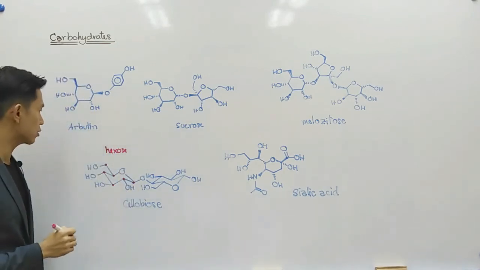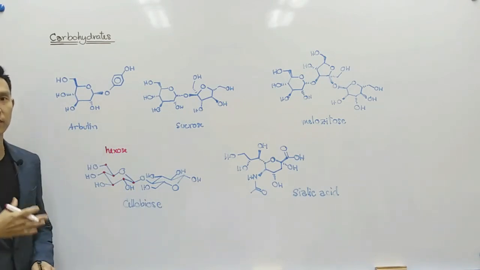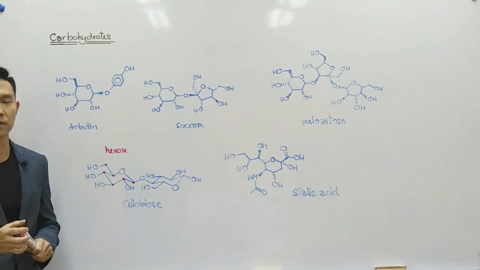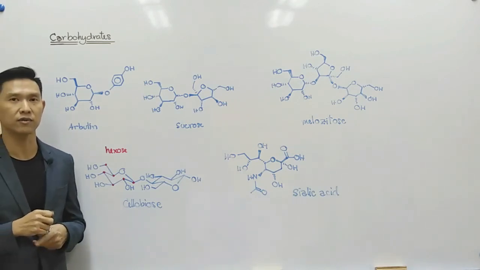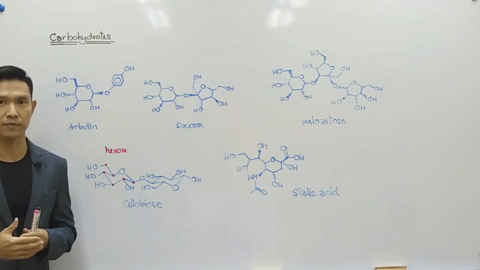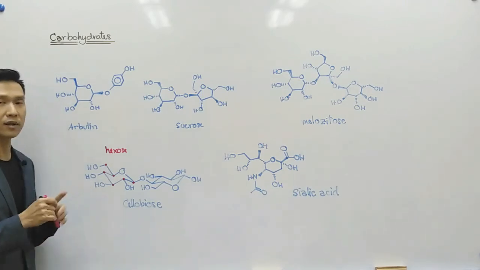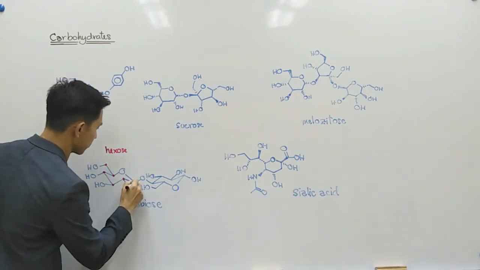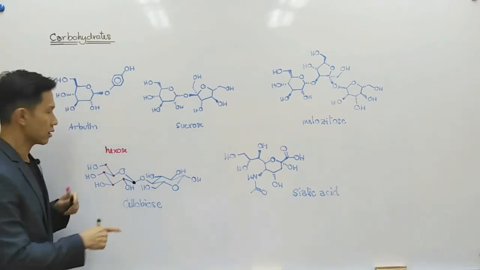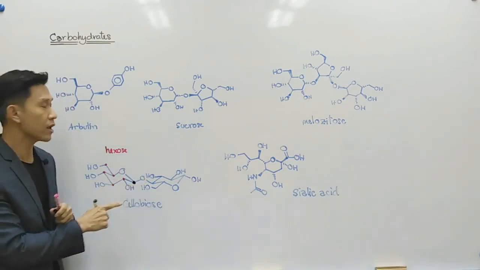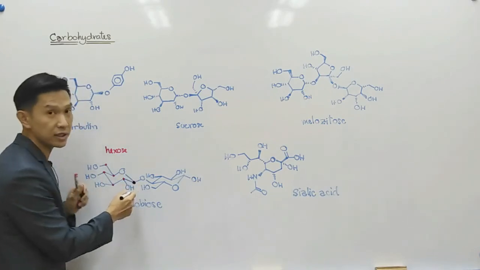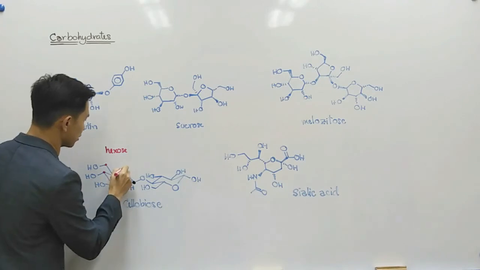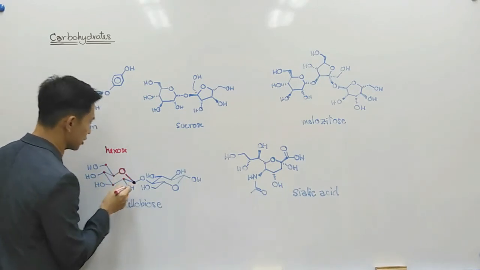This one is a hexose sugar. From the structure over here, you have to find the glycosidic carbon, or the carbon that previously appeared as the carbonyl group. As you know, the carbon connected with 2 oxygen atoms is this carbon. It's the only carbon in the ring connecting with 2 oxygen atoms. So this carbon previously appeared as the carbonyl group, but it is closed because this oxygen condensed with that